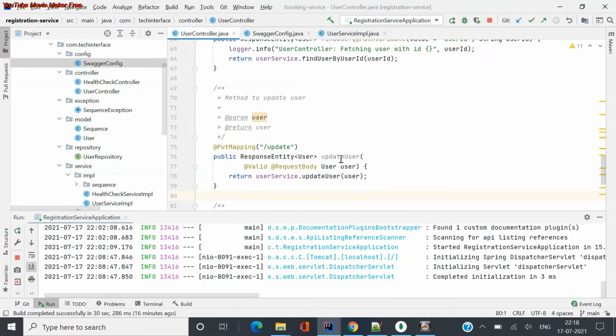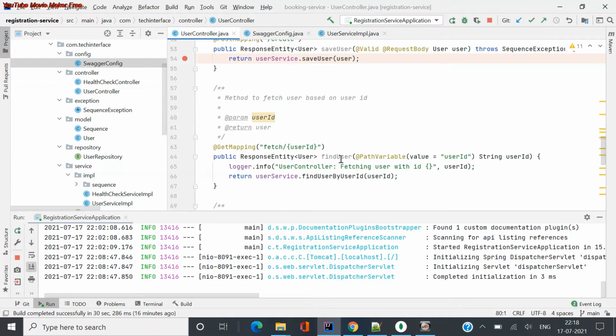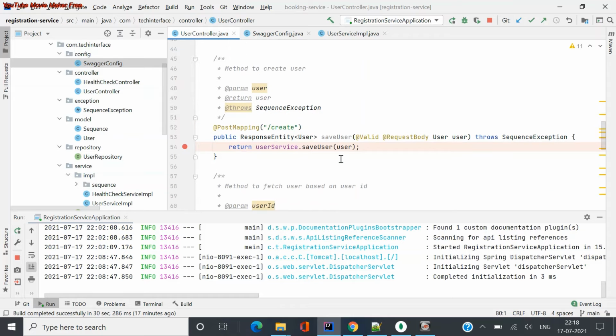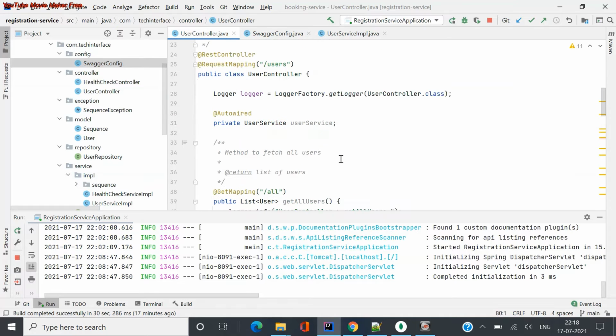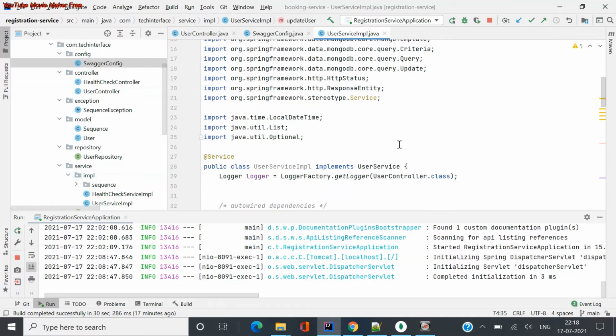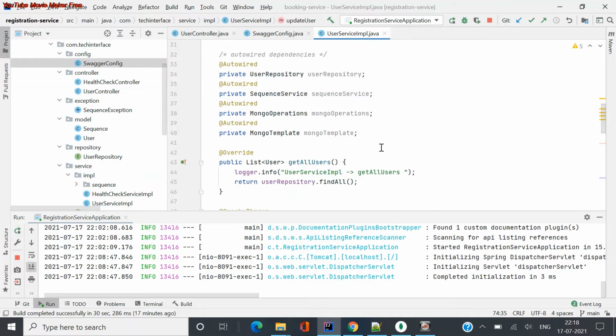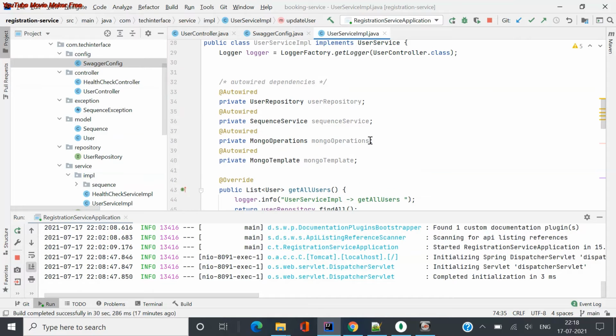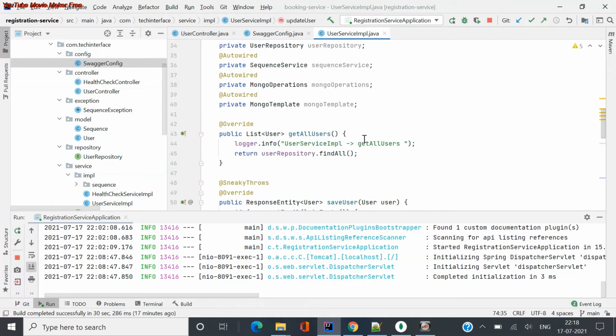So in the controller you see it's clear, simple code for everything. It's just taking your input and sending it to your service and service IMPL. All the information you can see here. So let us see what the service IMPL is. I'm just using it here. So if you see the service IMPL, you can define all your AutoWire configurations and everything at the start, along with the loggers as well.